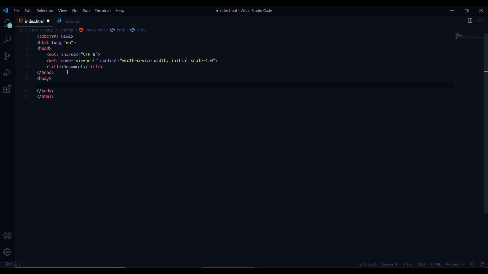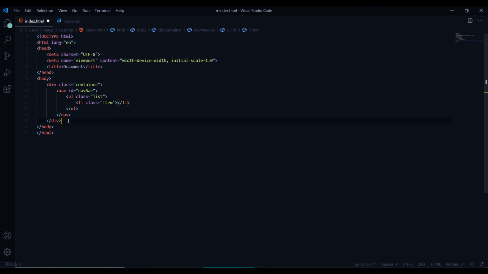Now you can also have classes and IDs while you're working with nesting and siblings, like this. If you want a div with a class of container, and then inside it you want a nav with the ID of navbar, and inside if you want ul with a class name of list, then inside that if you want li with a class of item, you can just write it all at once and it will generate the required code like this. So a lot of your time is saved by this. Otherwise you will have to navigate to the respective tags and then type class is equal to container. So it saves up a lot of time.